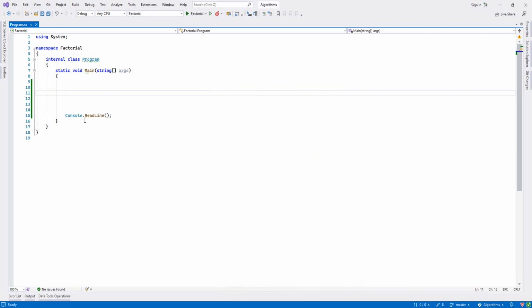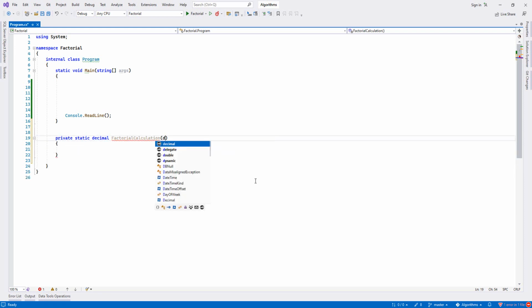Now let's go, and here I want to create a method, say private, and this time since factorial requires a big number, I will just use the data type decimal. I say private static decimal, and I will call it factorial calculation. And here I will pass through my decimal number. I say factorial,